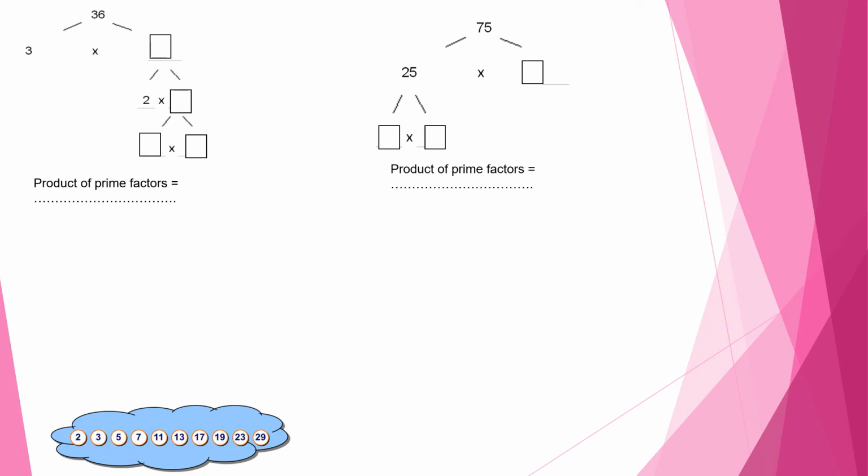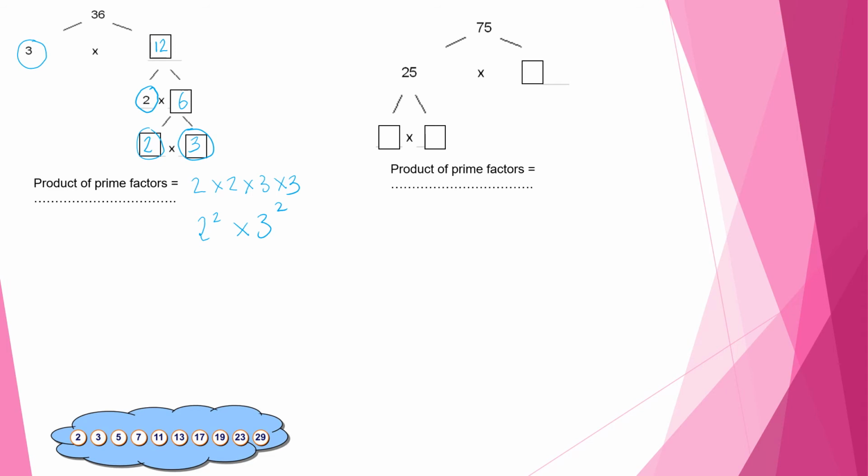Okay then, so we can do 3 times 12. 3 is a prime number, so let's circle it. We can do 2 times 6. 2 is a prime number, so circle it. And to do 6, we can do 2 times 3, which again are both prime numbers. So 36 is 2 times 2 times 3 times 3, or we can simplify it into 2 squared times 3